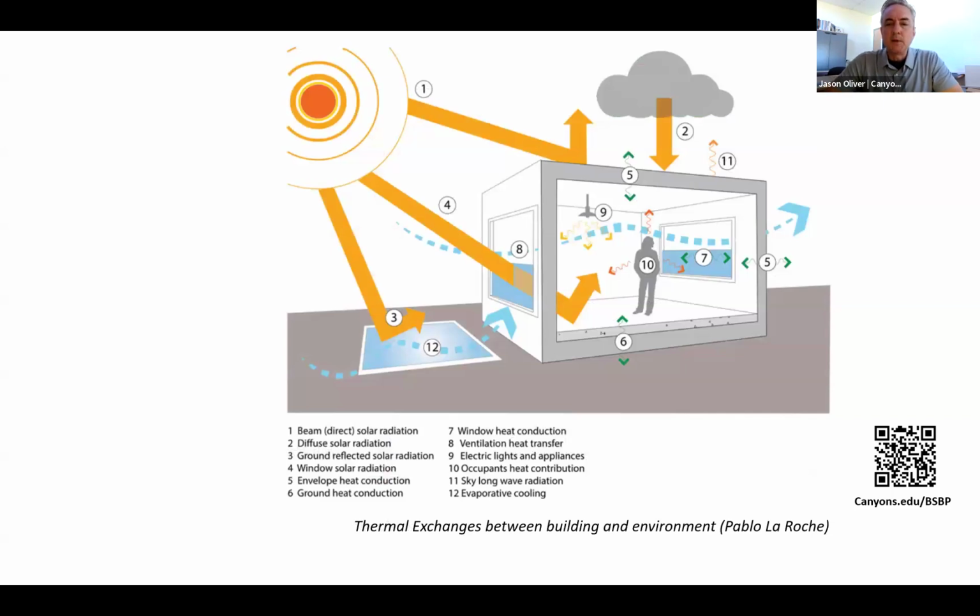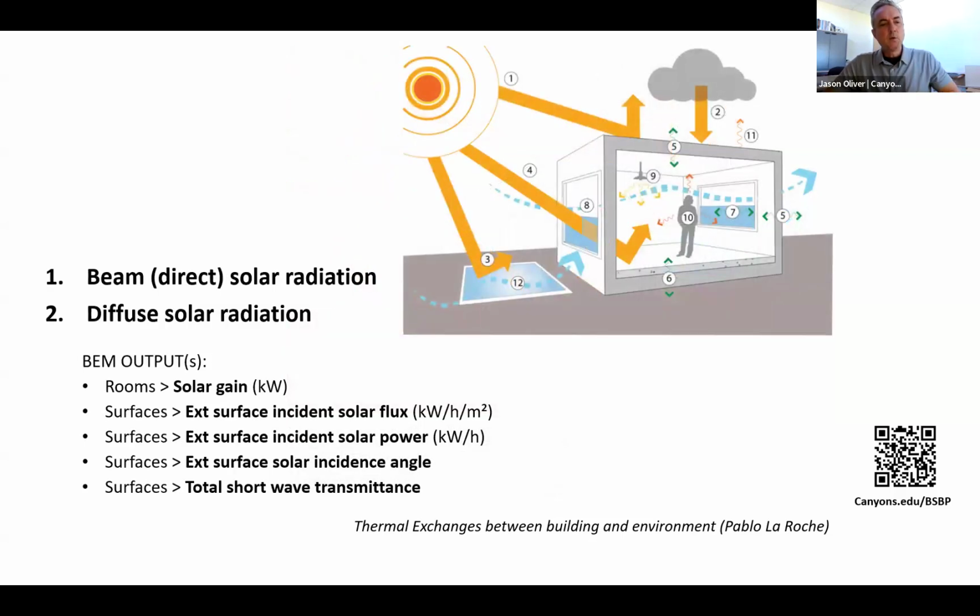So this is a diagram that I show students that illustrates the various external environmental factors that affect the building as far as heat transfer, and different environmental conditions that a building can respond to, the envelope of the building, or the way the building's configured or constructed, the various assemblies and systems that go into a building.